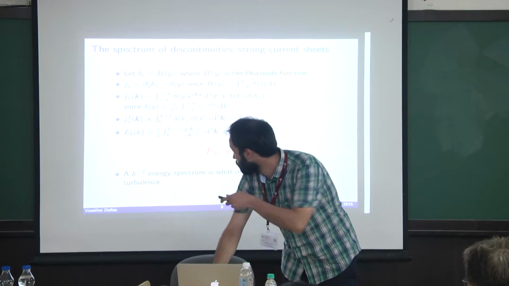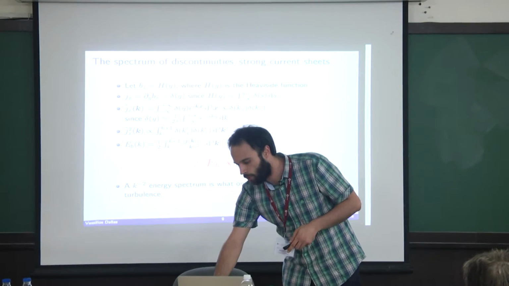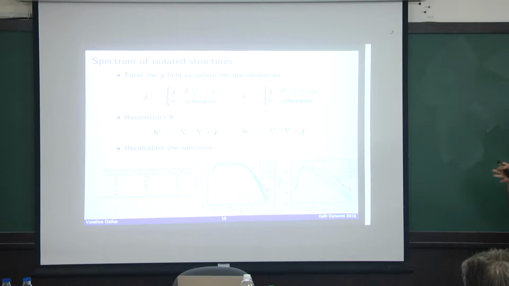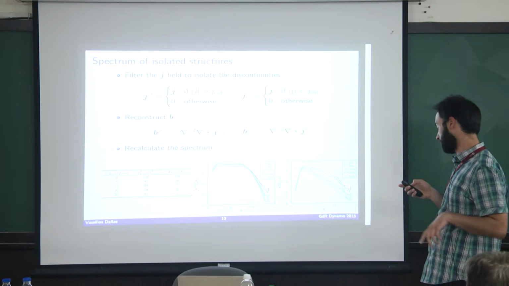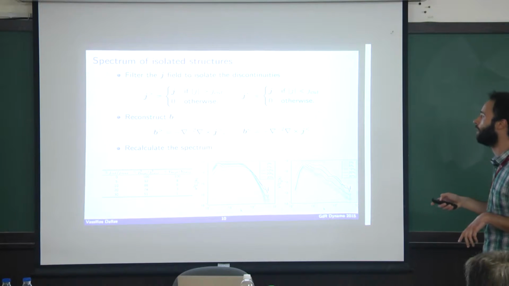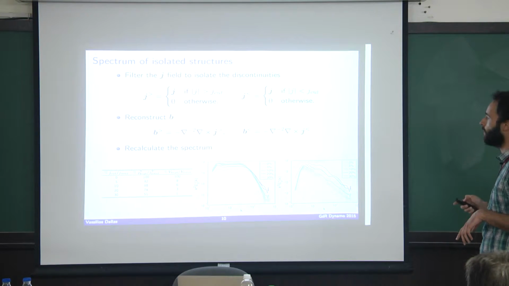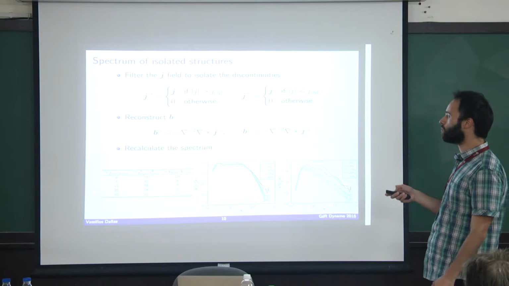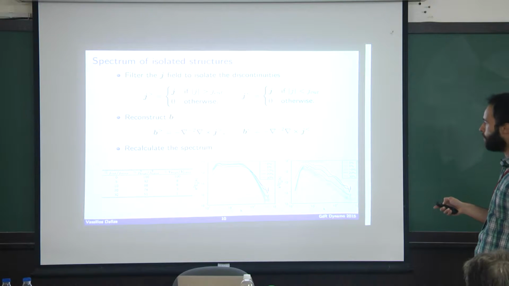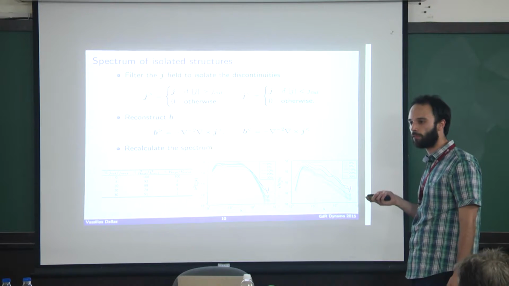Of course, this was just the Bz component. So to be more precise, what we did is we tried to filter these structures, in order to see if the -2 comes from these very sharp current sheets or from the background flow. So we did the following decomposition. We have a high-pass filter and a low-pass filter. Then we reconstruct the B high-pass in this way and the B low-pass like that, and we recalculate the spectra.